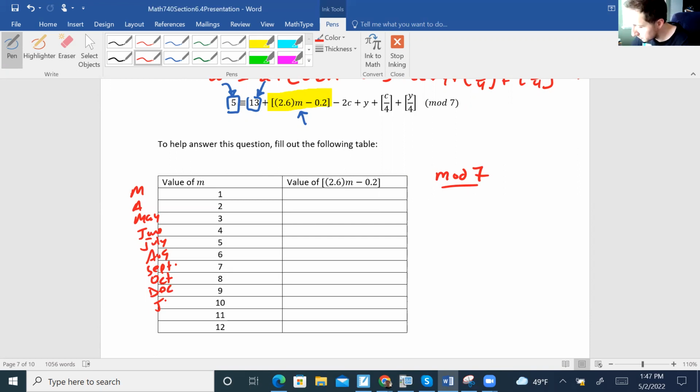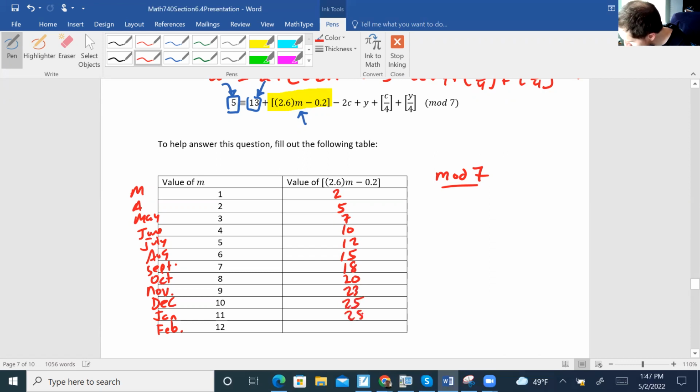Oh, I skipped November. I don't know my months. Okay. Sorry to those of you who have a November birthday. December, January, February. Okay. So this gives me 2, 5, check year values as well, 7, 10, 12, 15, 18, 20, 23,